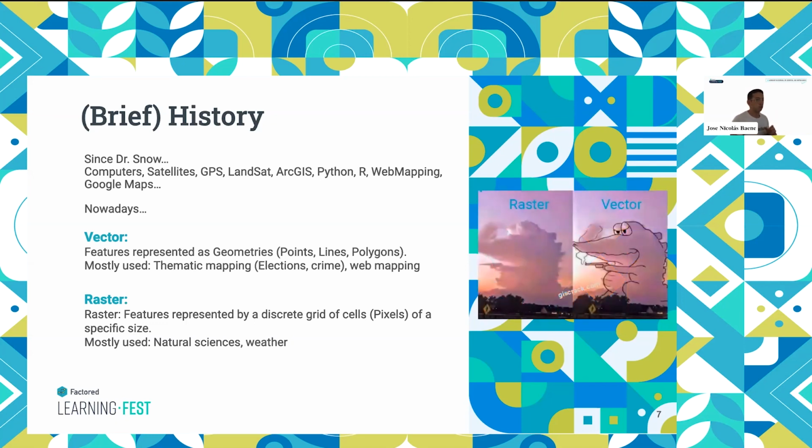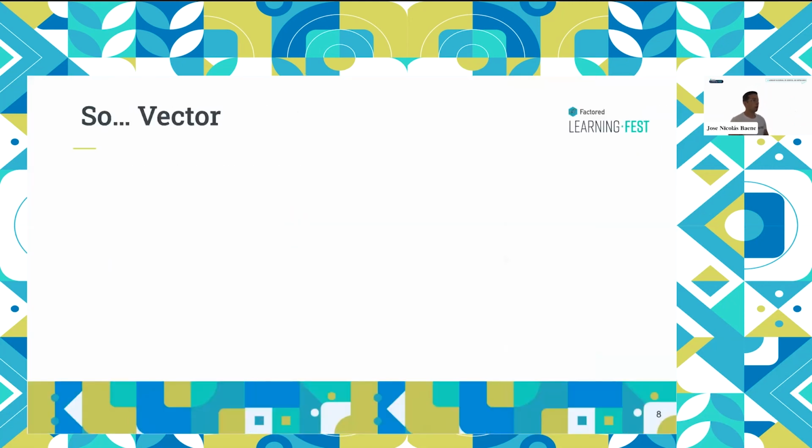This is a very rough difference on how raster versus vector looks like. On the left, you will have an image, and you get the idea. There is a shape there on the cloud. And then vector will be the specific boundaries. And these have two different ways of storing. So this workshop will be mostly focused on vector data. I will not be talking about raster because you can do a whole other workshop, a whole other field of working with raster data.